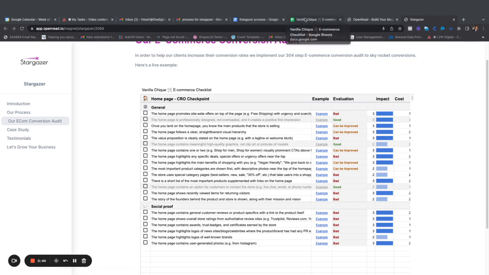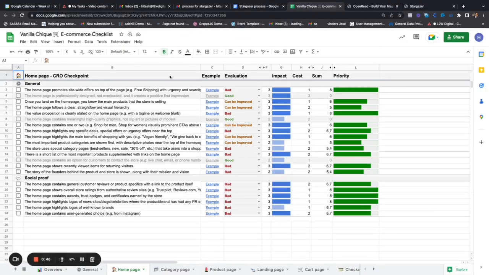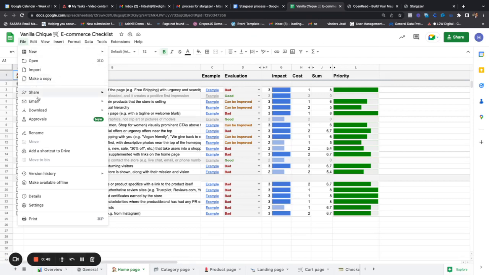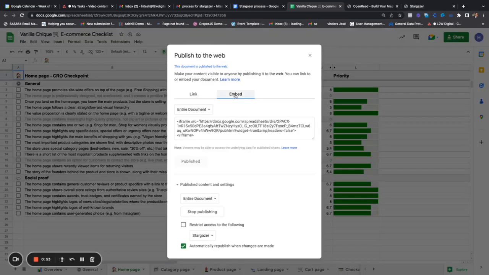So if I go to the Google Sheet here, if you go File, Share, Publish to the Web, and then what you want to do is grab the embed code. So it's this piece of code here. This actually creates a live link to your Google Sheet. So if you want to copy that,